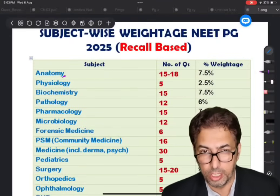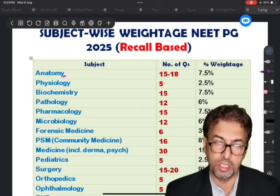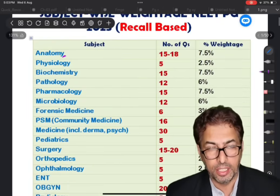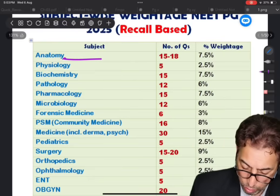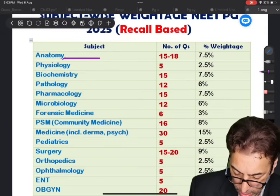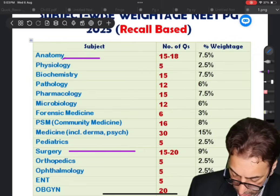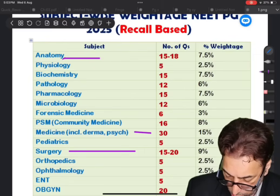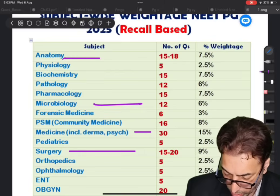So as far as the NEET PG August 2025 recall is concerned, we are just going through the analysis, and we have seen that there is a large chunk of questions which have been asked from subjects like anatomy, naturally from subjects like surgery, and from subjects like medicine, including derma and psychiatry, as well as a good chunk of questions from microbiology,